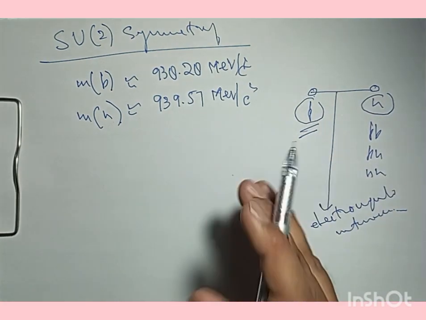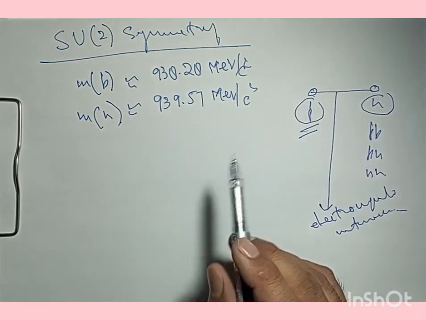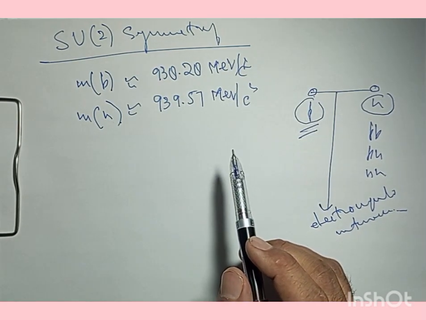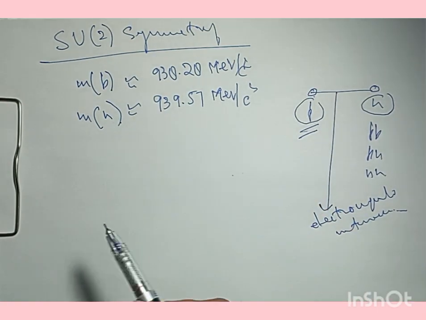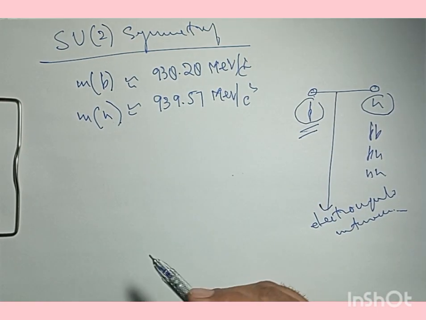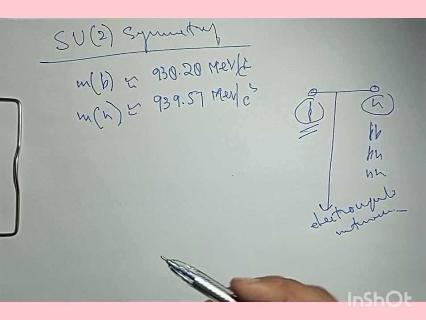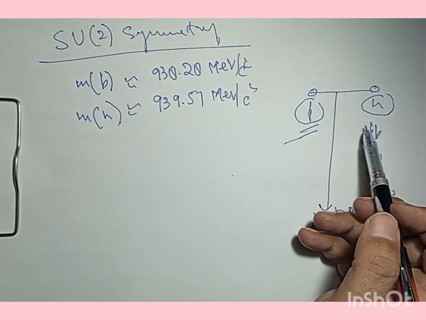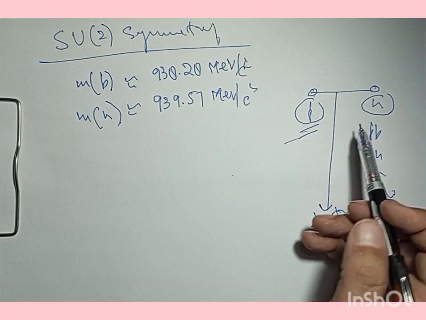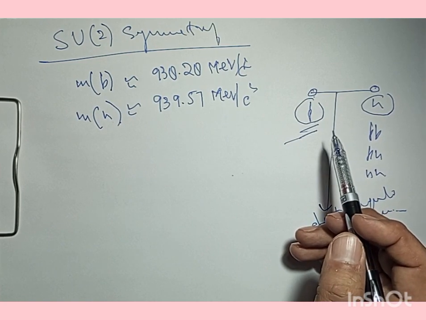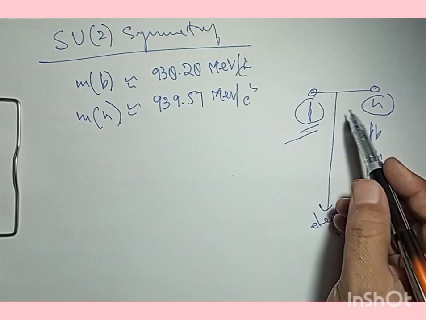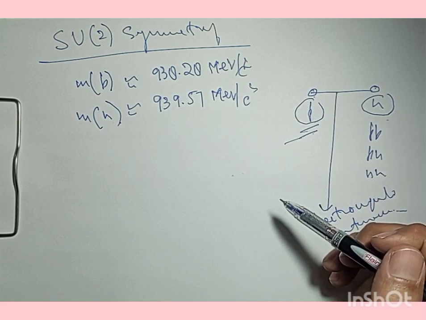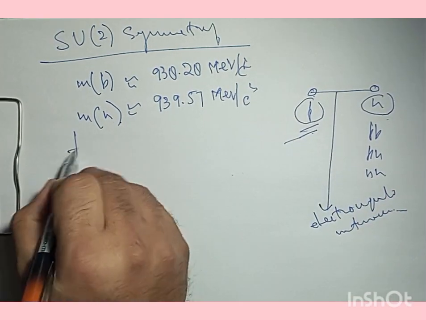And this small difference in the masses of these protons and neutrons is because of this electromagnetic force, or the interaction that we have here, and this interaction is coming due to the charge content that we have in proton and neutron. And proton has a positive charge, and the overall charge of the neutron is neutral. But if somehow this electromagnetic interaction is switched off, say hypothetically, if we switch off this electromagnetic interaction between the proton and the neutron, then according to Heisenberg,